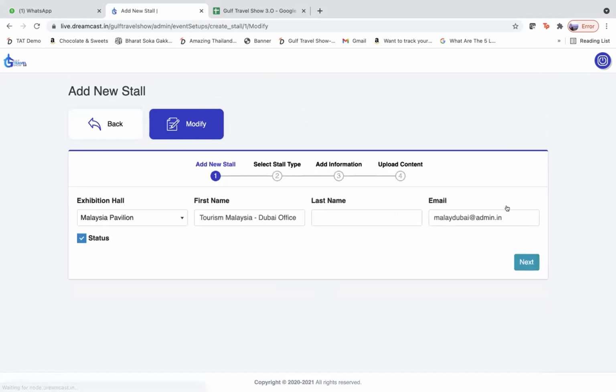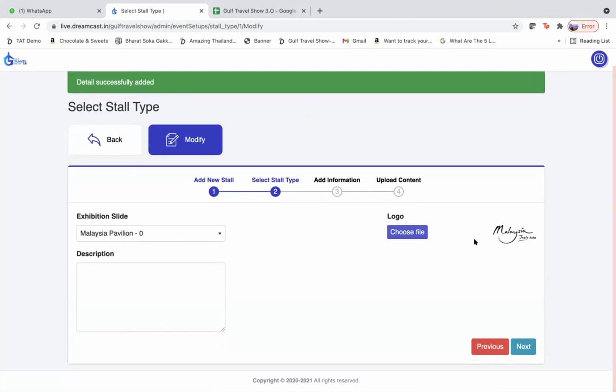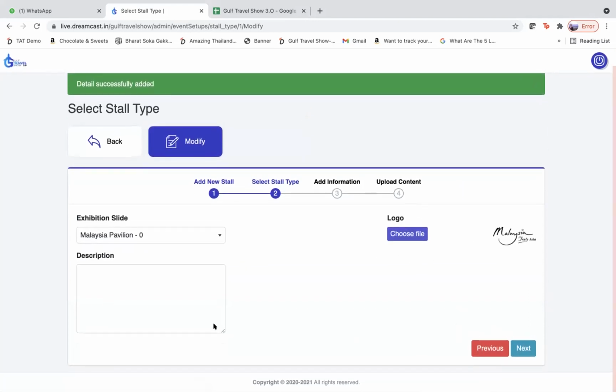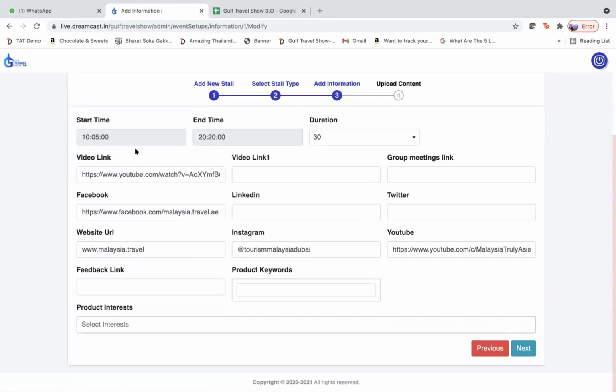When you click next, you can add the description and add the logo, and then similarly the subsequent tabs can be filled here. So here the time can be changed. Can you see this? And whoever's booth this is, they've already started to upload these things.